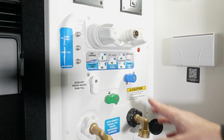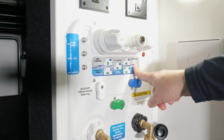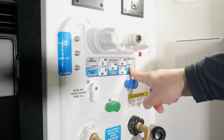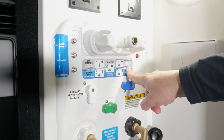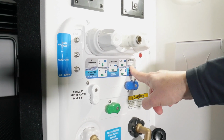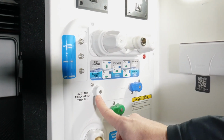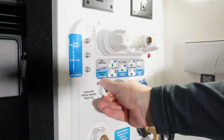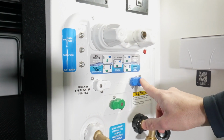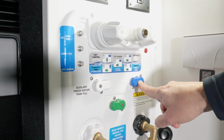The next one is for winterization. So that's when you're going to siphon to all your fixtures and through the plumbing system via your pump. So this is where you would take a bucket or an exterior source that would have your antifreeze in it to be able to winterize your system. So to do that, you're going to take your white valve here and turn it to the right, and your green valve and make sure it's left, and then the blue valve is also going to be in the left